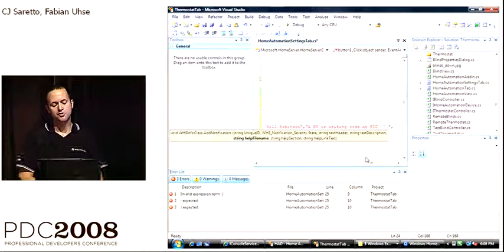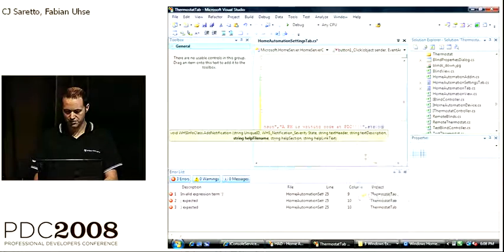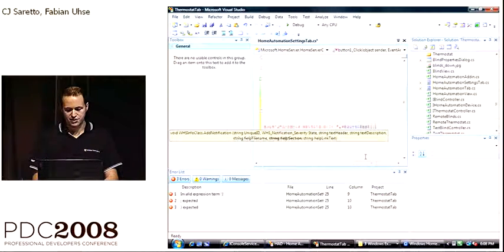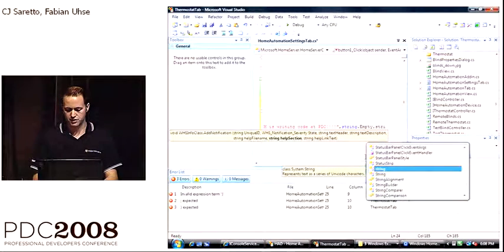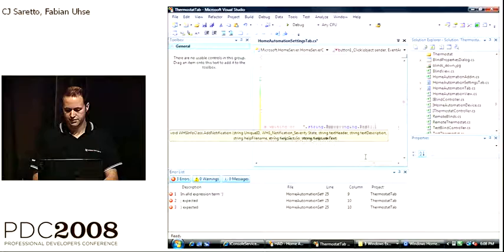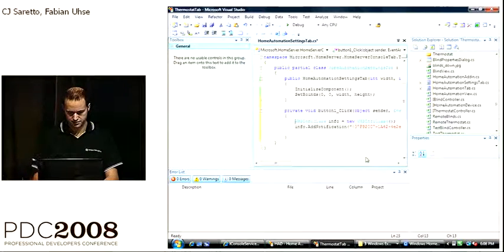And a notification can have a couple of user actions. One is that you could invoke a help file. In this case, this notification won't do anything, so we won't have a help file. Or a notification can contain a URL that will be launched from the notification. We'll just say no help file, no URL. Thank you, sir. There we go.